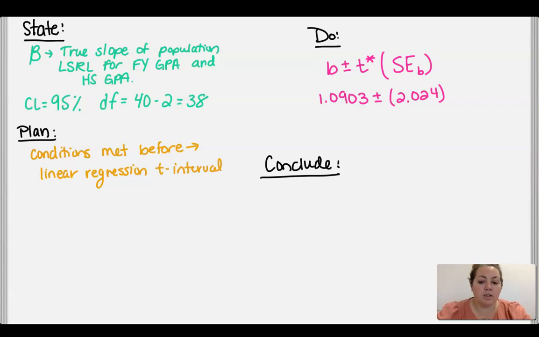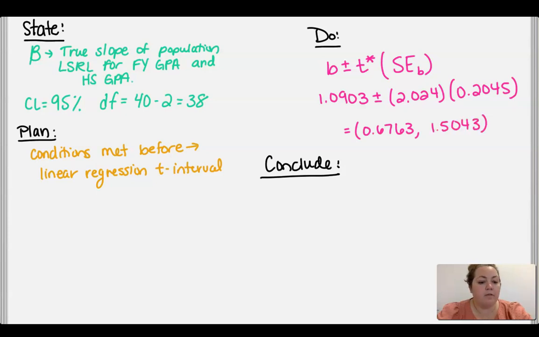So I'm going to do inverse t, 38 degrees of freedom, and get t star there. The area, if we're doing 95%, that leaves us with 5%, and on one tail, that would just be 2.5%. So for area, I'd put in 0.025. For degrees of freedom, I'd put in 38. And then the standard error of our slopes, I got from my computer output, and we get this interval, 0.6763